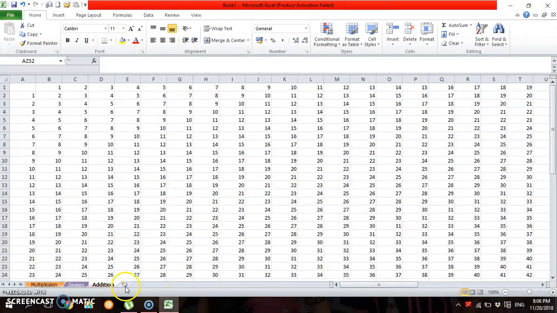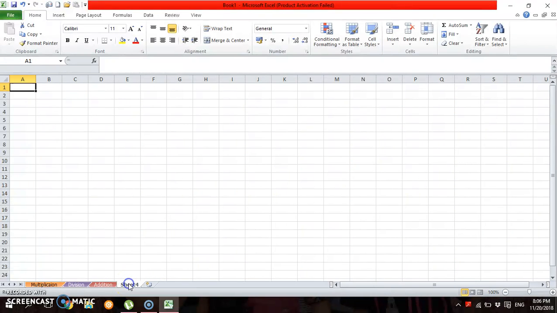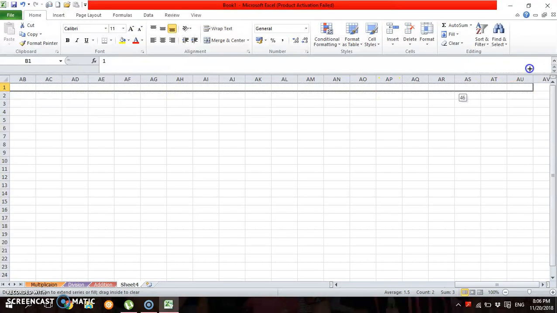Now use this button to add more sheets on your book or workbook. Again, for the last operation, which is subtraction, repeat the same steps, which is to type 1 on cell A2 and 2 on cell A3, type 1 on cell B1, type 2 on cell C1. Highlight the two cells, drag it horizontally and vertically,